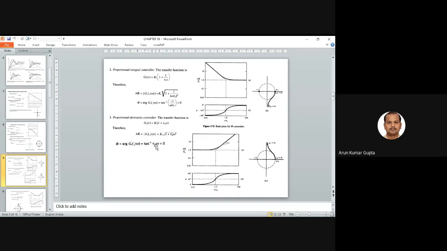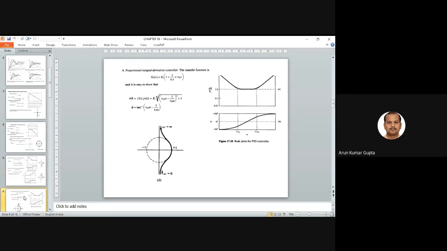Similarly, for the phase angle also we can say it will start from 0 to plus 90. So corresponding to this, the Nyquist plot we have like this, right? This is an easy construction, but you have to vary the values, and you can see how the locus of the point will move, just like proportional integral derivative. So integral derivative means we have an action like this.